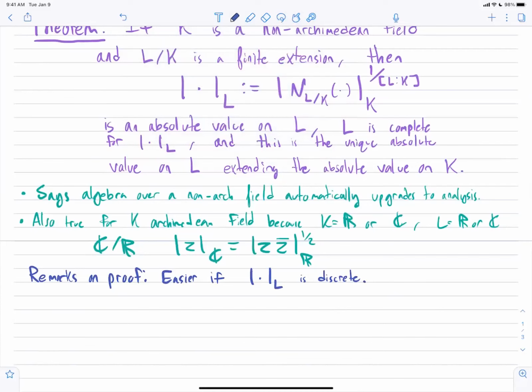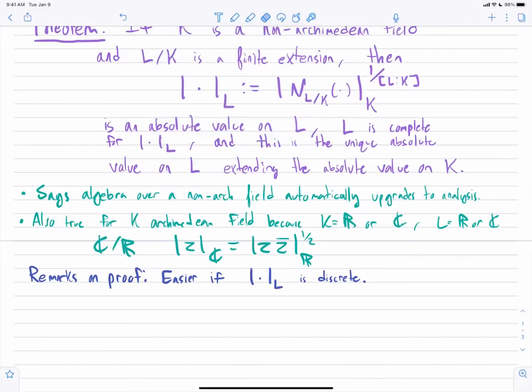So you take the additive valuation, you get a discrete subgroup of real numbers. That means it's just a copy of Z, shifted somewhere. And what that tells you is, if this absolute value is discrete,